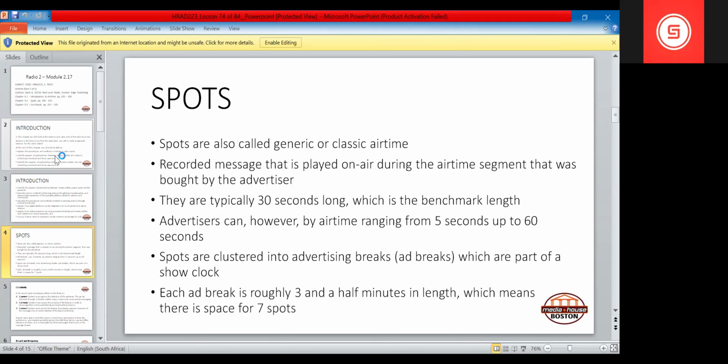All right. Advertisers can, however, buy airtime ranging from 5 seconds up to 60 seconds, right? So in 5 second brackets: 5, 10, 15, 20, and up to 60 seconds, right? Spots are clustered into advertising breaks. So our ad breaks, our spot breaks, which you are aware of, are part of the show clock. Each ad break is roughly